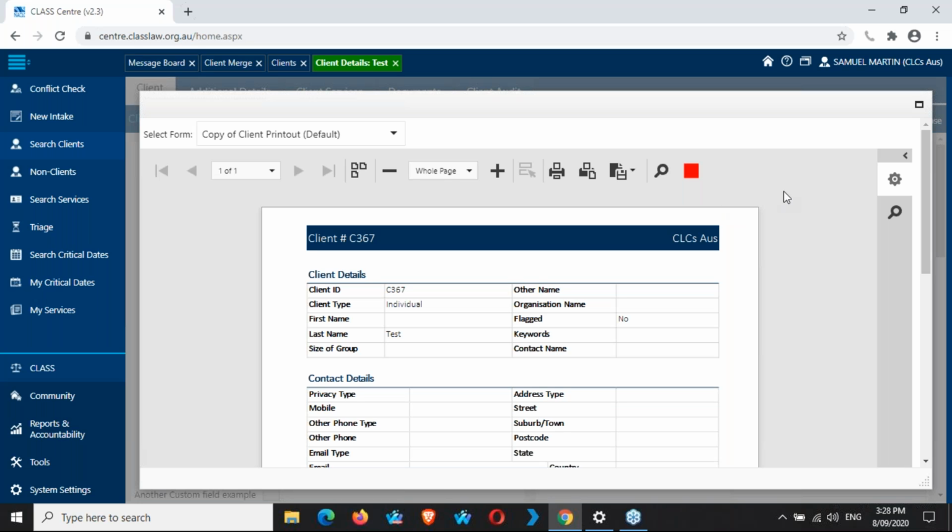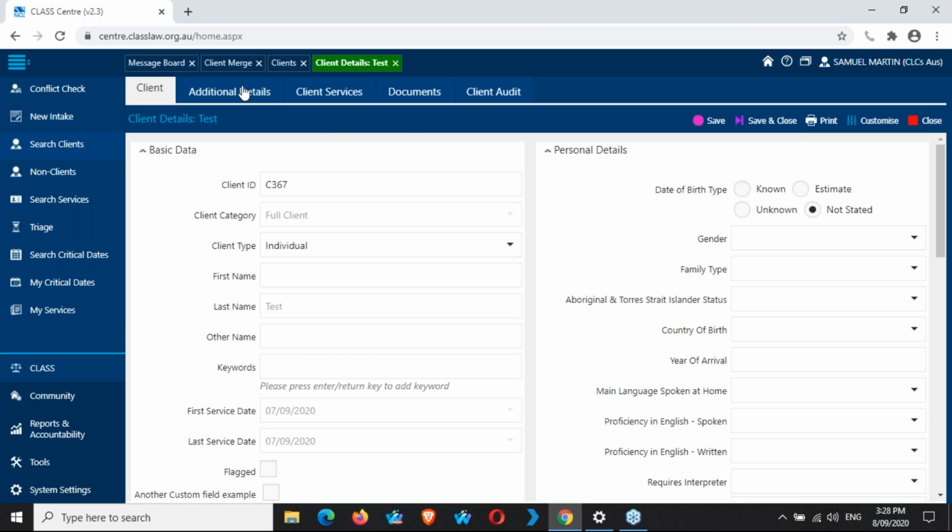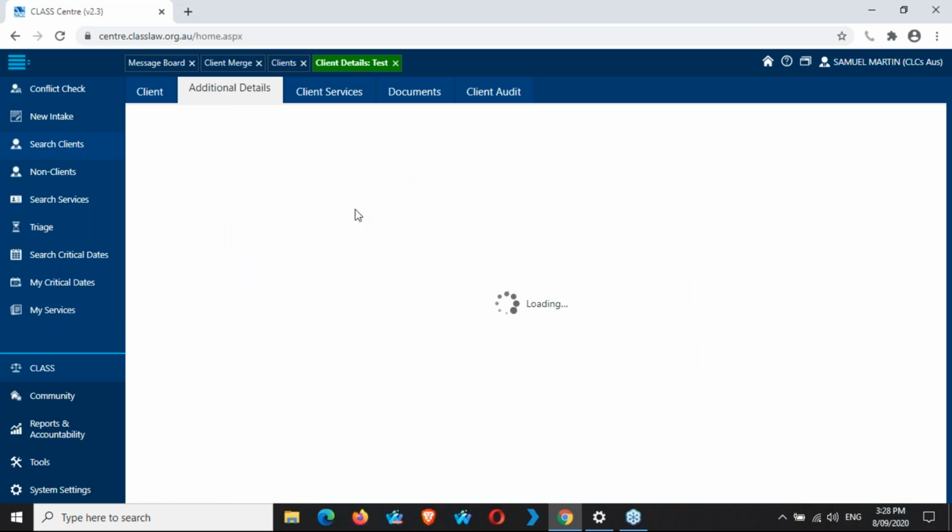One of the things that's also not very intuitive in CLASS is how to close these print screens. It's this big red box here. That's to close there. You click that to close the print screens. So if you've printed all of that